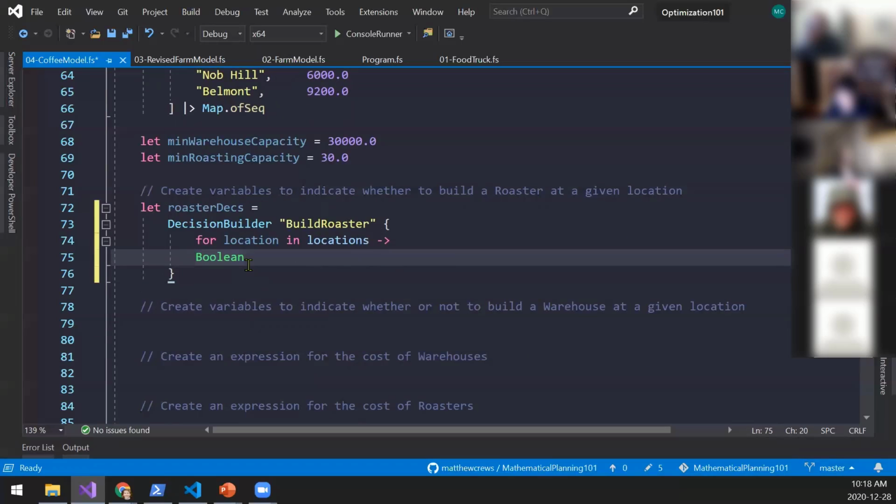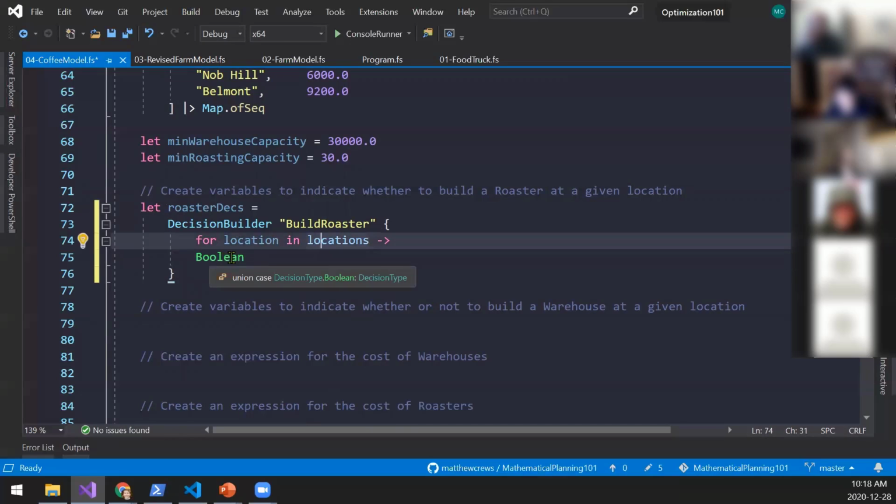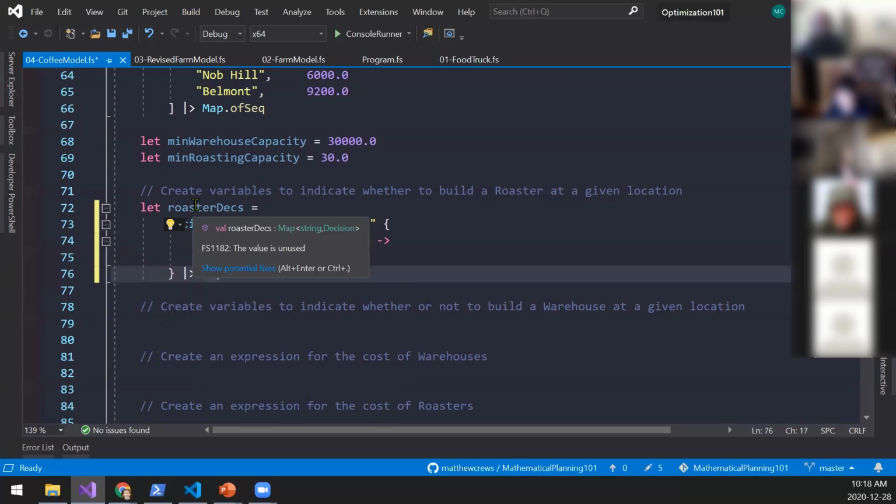So what's happening here? It's saying you're going to go through each location in locations and create a decision that's going to be Boolean, 0 or 1. And then I want to put that into a map. So now I have something that is a map. It's indexed by the location, and the value associated with that index is a decision. In this case, a 0 or a 1.